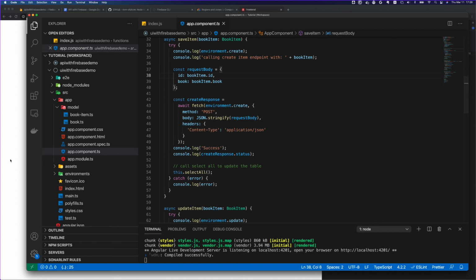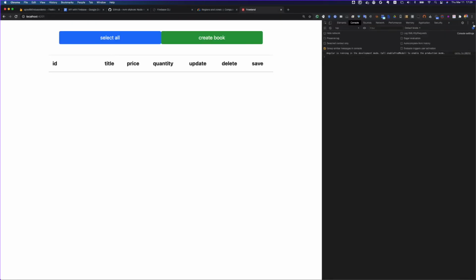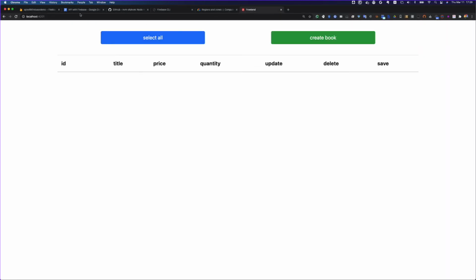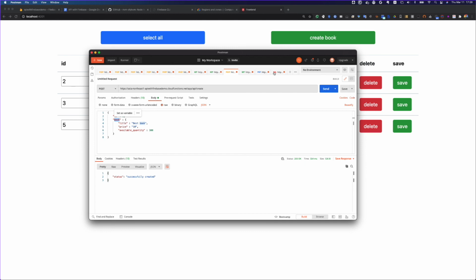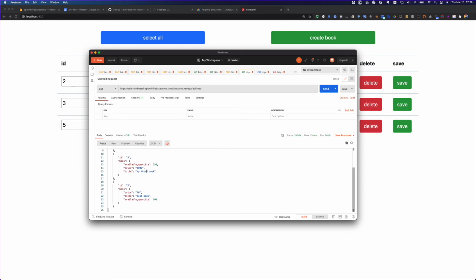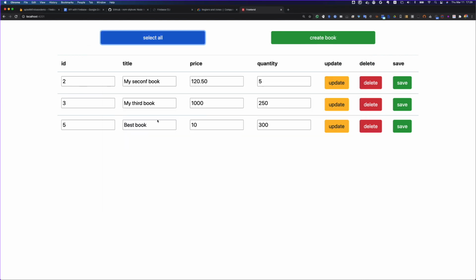Now let's run it and see how it works. Okay, so my server is running, and I click on select all. As soon as I click on select all, it's going to fetch everything out of my API. So right now there are 2, 3 and 5, which is the same response we got a while back from our get API in Postman as well, but it's much better in view, and I can make any changes.